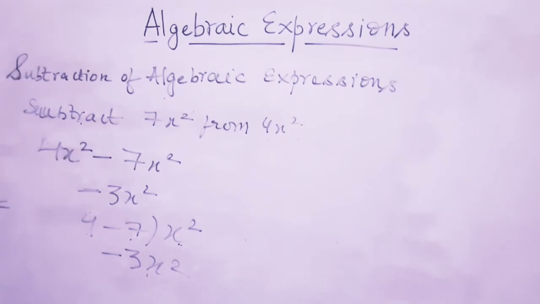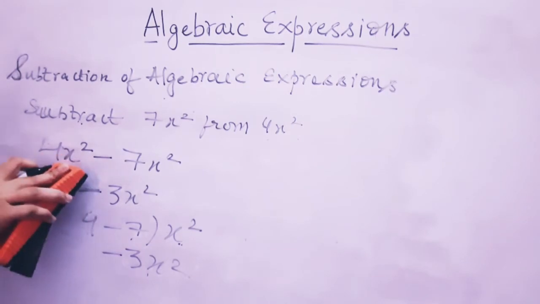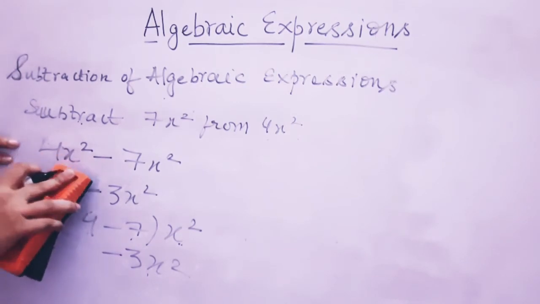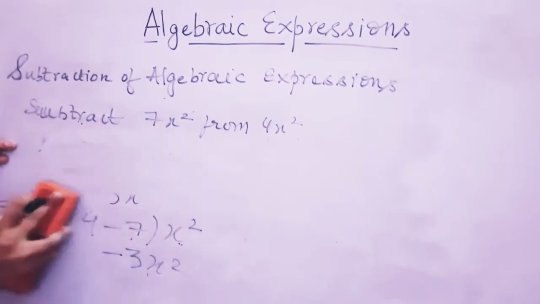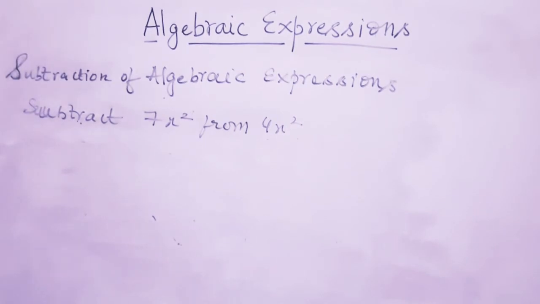Now what are the rules which we follow whenever, so this was a monomial, an algebraic expression containing one term. So now if we talk about polynomials, how do we subtract? If we talk about algebraic expressions that are polynomials, meaning having more than one term, how do we subtract them? Firstly, the first step is to keep them in brackets.